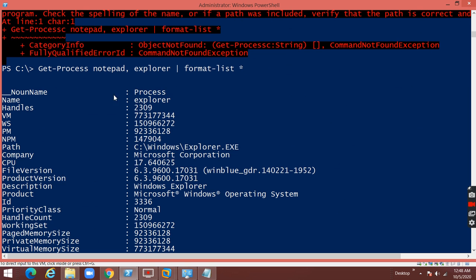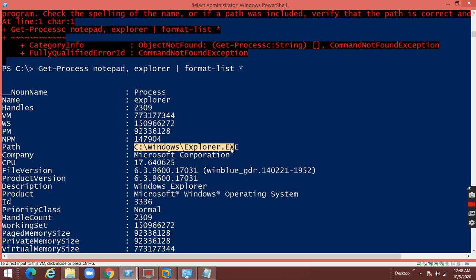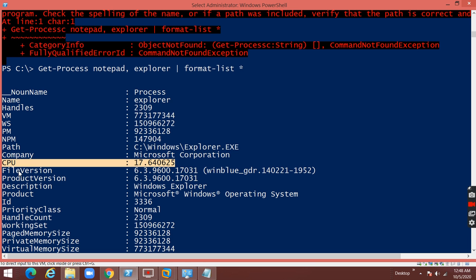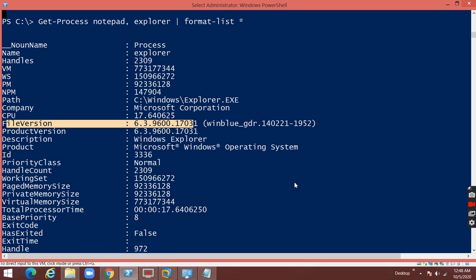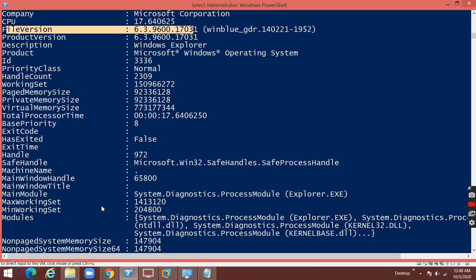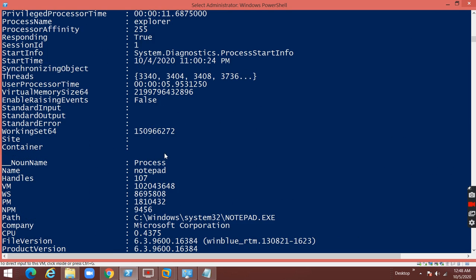So see, now the name, process, and it's showing Internet Explorer, and it's showing the location of the path, and the physical memory, NPM, WS and VM, so CPU and file version. So it will display all the parameters. So these are the parameters for Internet Explorer. So if you go to another one,